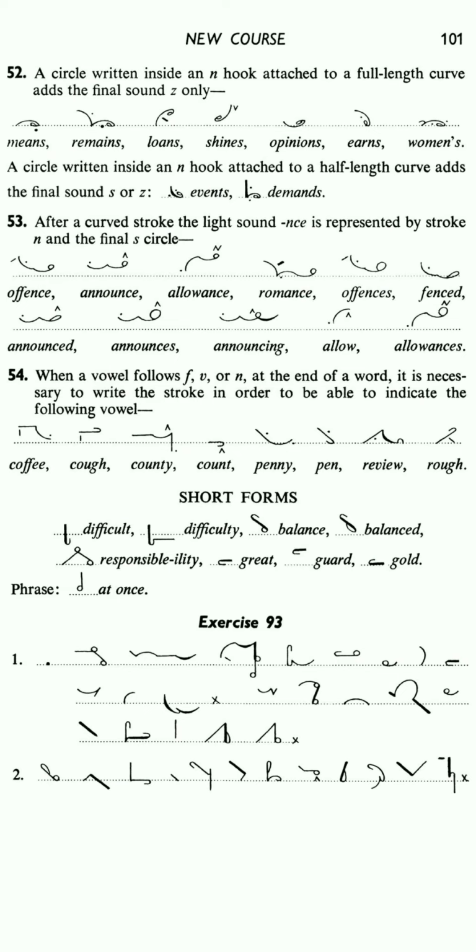जहाँ पे एन्स की साउंड आएगी वहाँ पर हम एन और एस सर्कल यूज़ नहीं करेंगे, उसकी जगह एन स्ट्रोक पूरा और फाइनल एस सर्कल करेंगे. जिस डायरेक्शन में वो बनता है उसी डायरेक्शन में वो बनेगा. क्लियर है? As in offence, F stroke above the line, N stroke full with S circle within, light dash